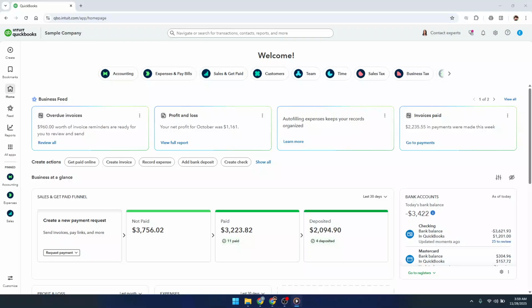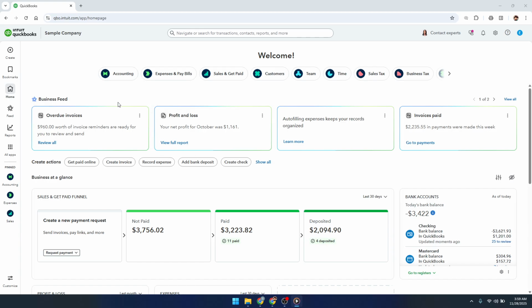In today's video, I'm going to teach you how to merge vendors in QuickBooks Online with same or similar name. Merging vendors is really helpful when you notice that the same supplier has been entered more than once, maybe with a slightly different spelling. Cleaning this up keeps your reports accurate and makes it easier to track what you actually owe each vendor. I'll walk you through the process step by step, and you can follow along in your own